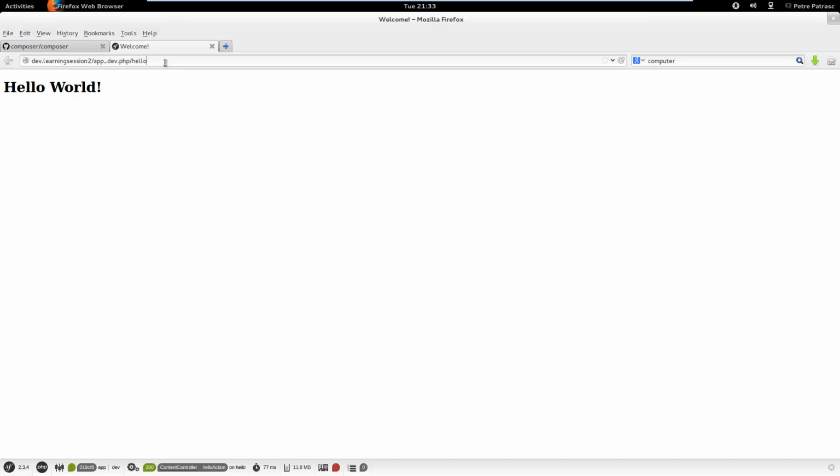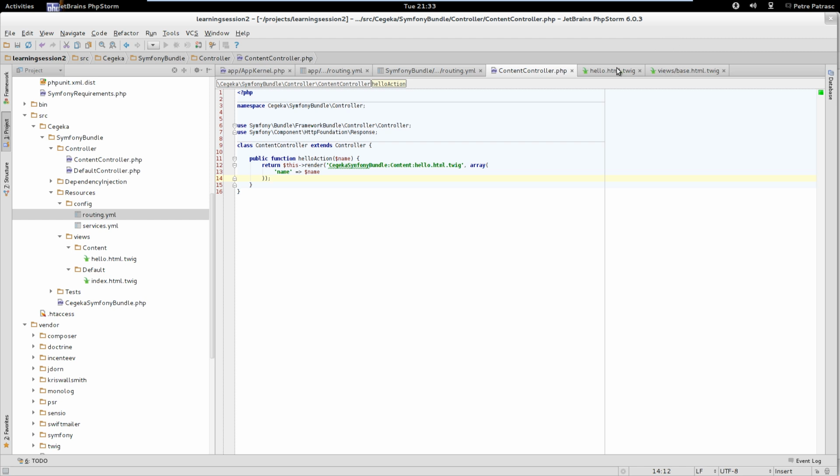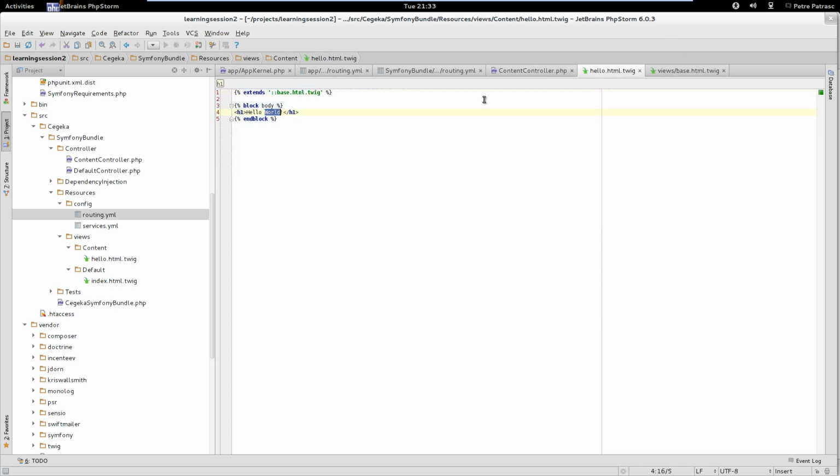Okay, so let's see, if we go and type in hello Petre, does it work? No, it doesn't work, but we haven't received any failures, which means that our route is correctly configured and that our method was called correctly. Okay, so we just need to change hello over here. And here's Twig in power. If you want to display a variable,